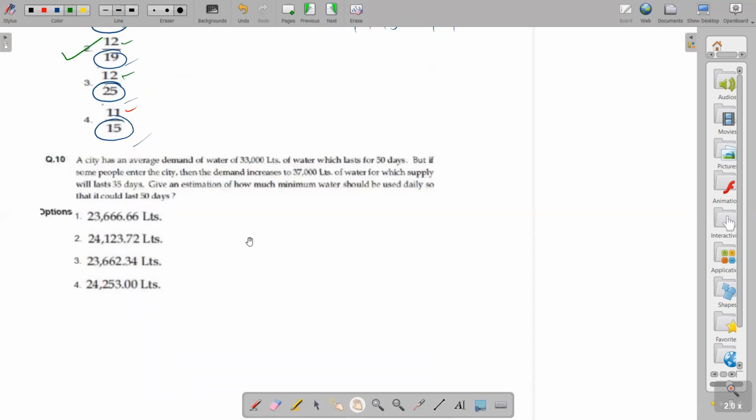The next question was wrongly framed. If anyone was giving this paper, they could have challenged this question. But anyway, there is an answer, though the wording of this question was not perfect. The question should have had 33,000 liter per day, then it would have been correct. They have not given the per day part. So if that had been the case, this question would be solved like this.